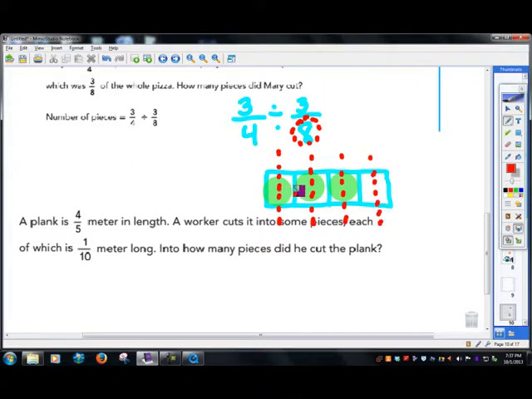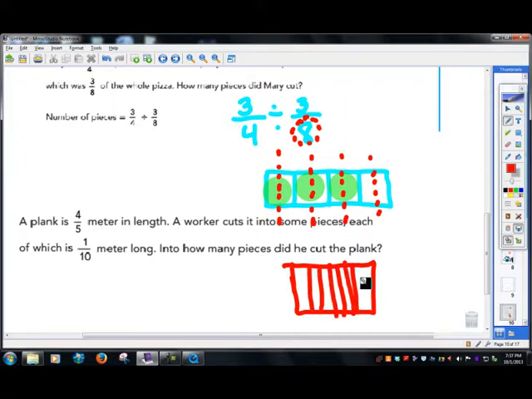So now I have 1, 2, 3, 4, 5, 6, 7, 8. If you count this, you don't have to show it with a dotted line. You could just, I mean, if you really wanted to, well, I'll do it on the next one. I'll leave these for now. But you could just draw a solid line through there. In other words, you could go like this and just do, okay, here's your fourths. If you wanted, you could just draw a solid line. I don't really care. Okay? Because still it's eighths. But I like to show it with the dotted because it shows you're dividing it up